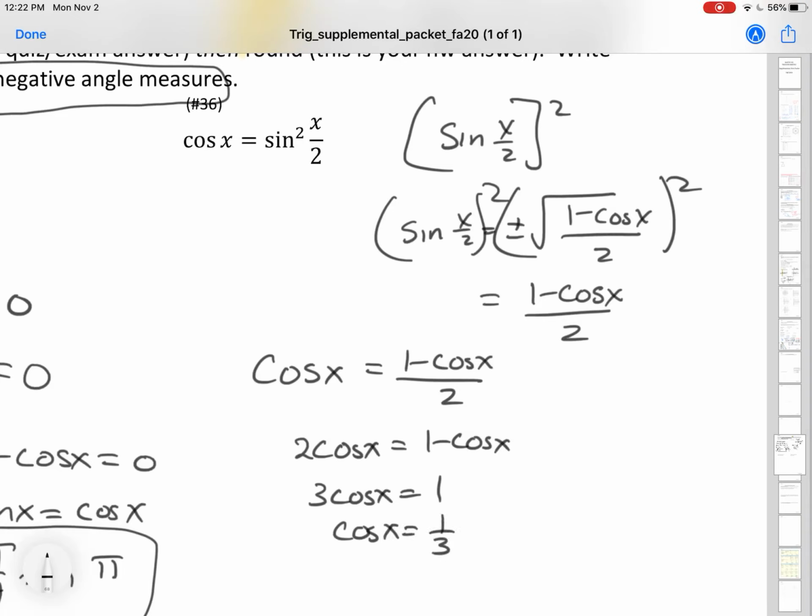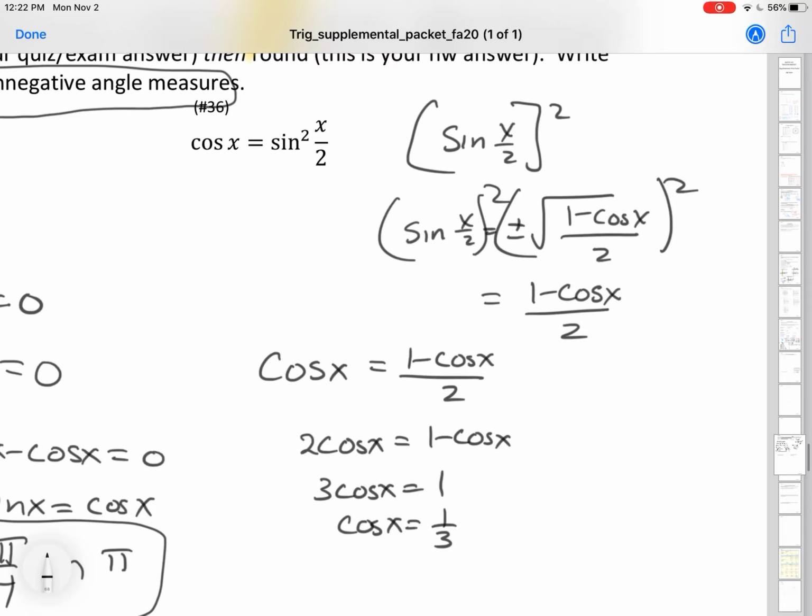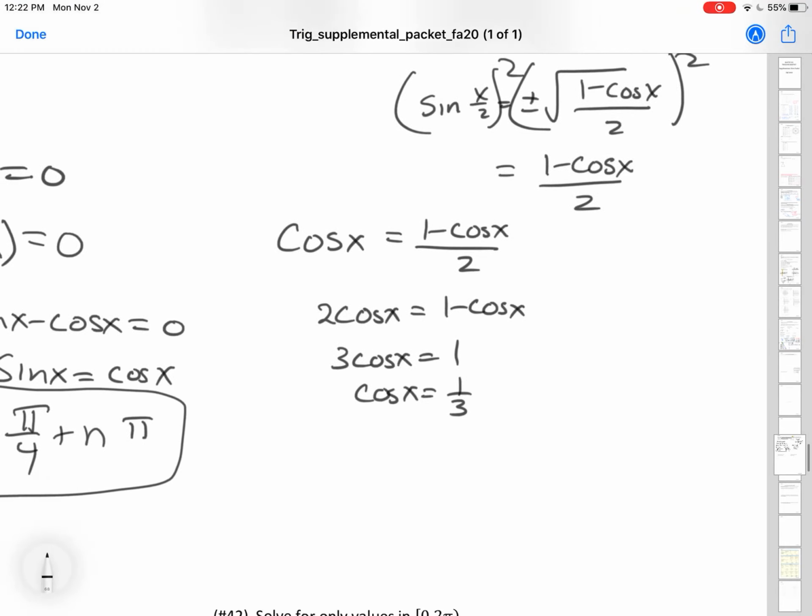Now you and I don't know where cosine x is equal to 1/3. Now remember, x is in radians. So make sure your calculator is in radian mode. If you put a degree, I'll give you some credit, but certainly not full credit. So we're going to put our calculator in radian mode. Let me do that really quick, because it was in degree. And I'm going to do the cosine inverse of 1 divided by 3. And it's going to tell me that the answer is 1.23. It's 1.230. So I'm going to just say x is equal to 1.23 radians plus